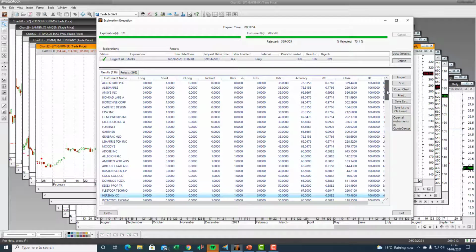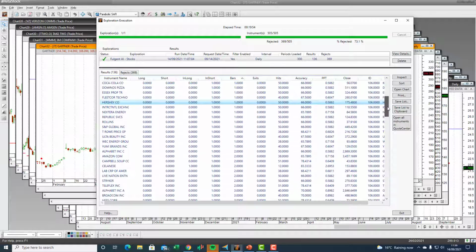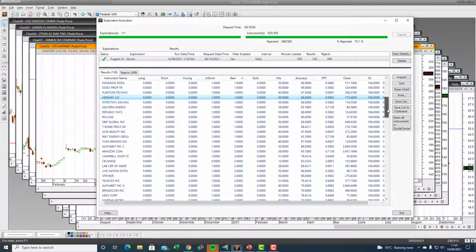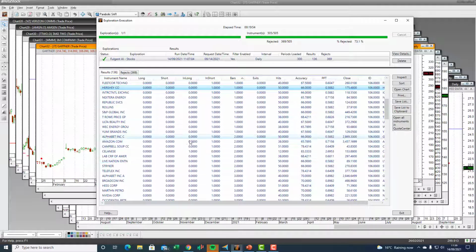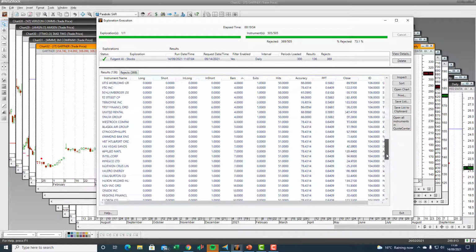And I'm going to scroll down to some of the names here. We've now covered most of them, but you can see there's a lot of other ones there. The AI is in a short position. Quite interesting, very quick short-term weakness it seems to anticipate. And then there's a couple of longs. Celanese, there's a long there. And let's scroll down, and the bottom lot has a long. But I'm surprised to see so many